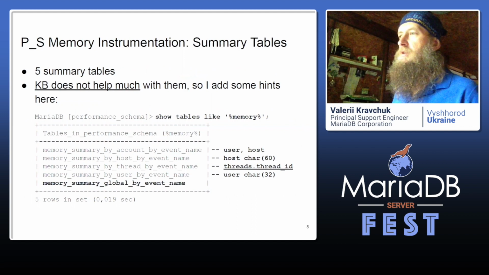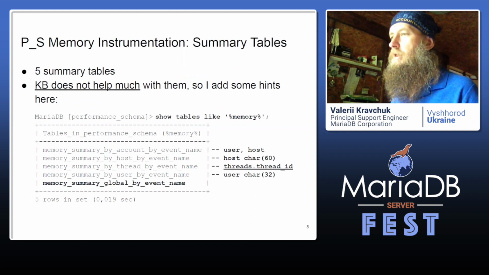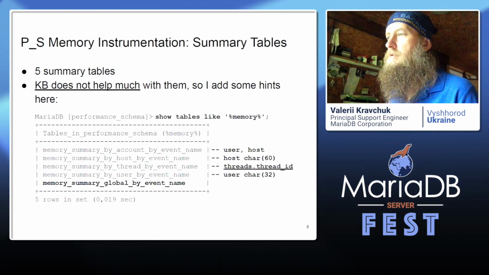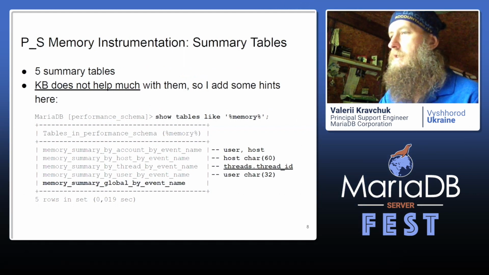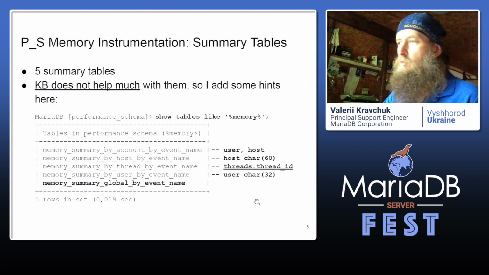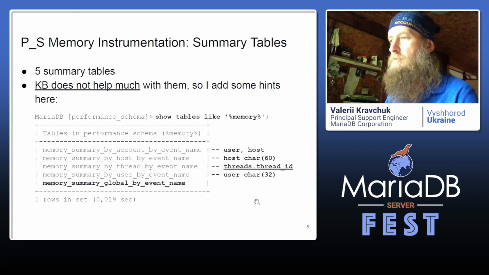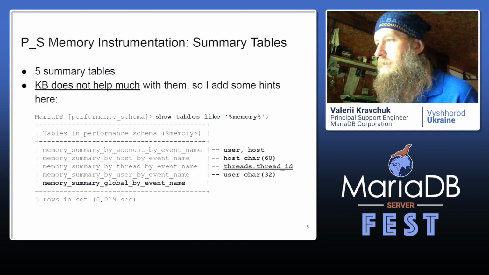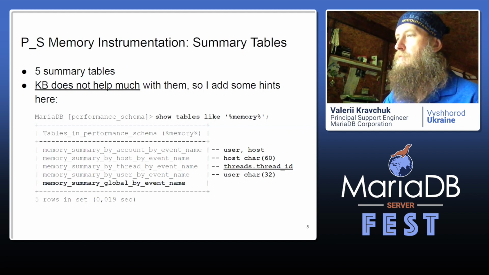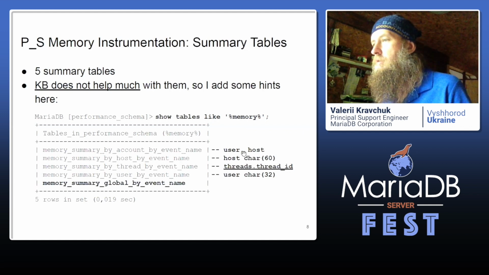Besides instrument, these additional memory allocations are represented in 5 additional tables that were added. You can see the structure in the MariaDB knowledge base, and we will study one of the tables: memory summary global by event name. For each event representing a specific place where the memory is allocated, there are a lot of details presented. Additionally, in other 4 tables, we have this split or detailed, for example, for a specific user and host in memory summary by account by event name.